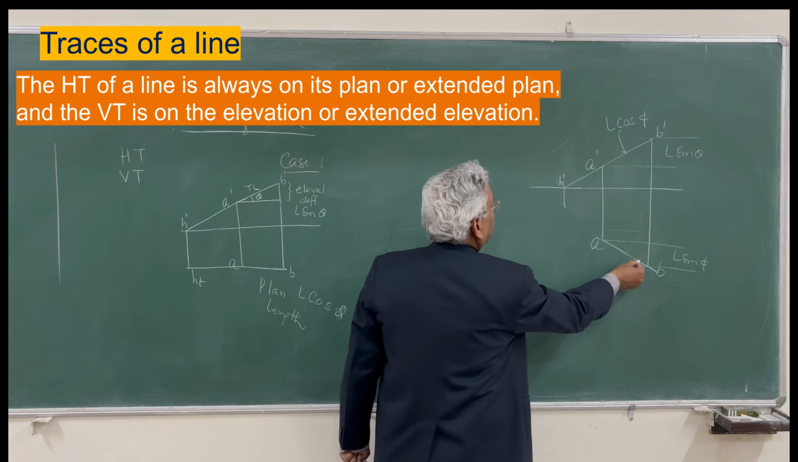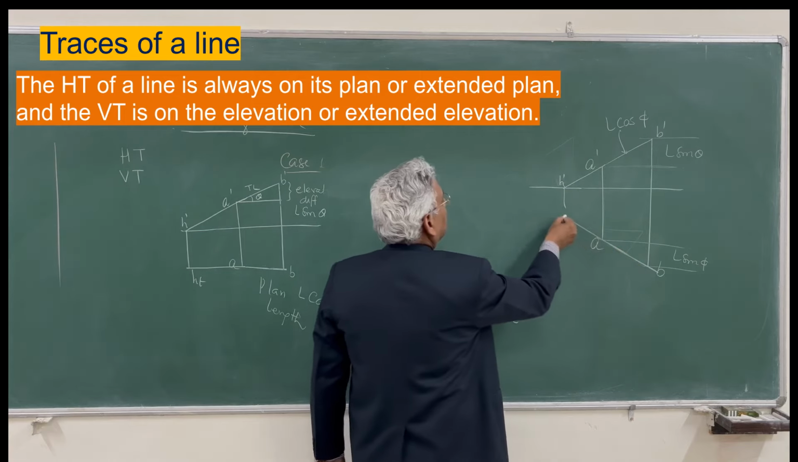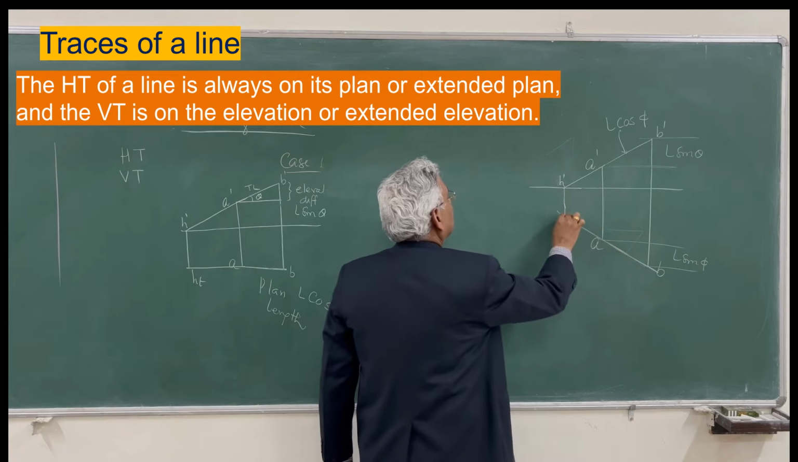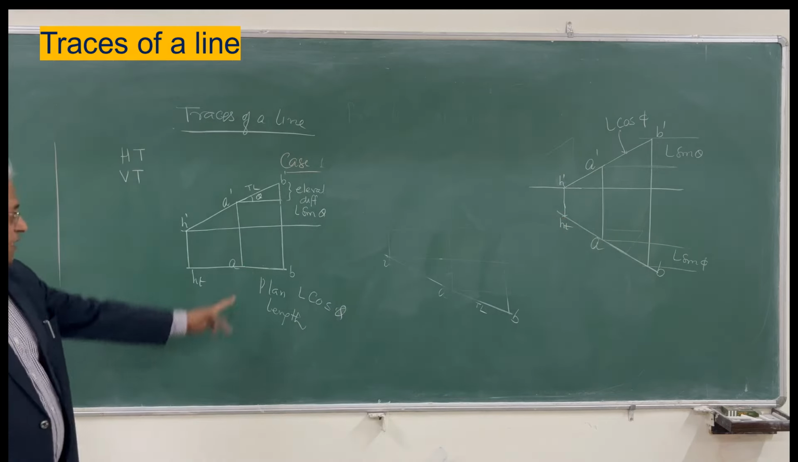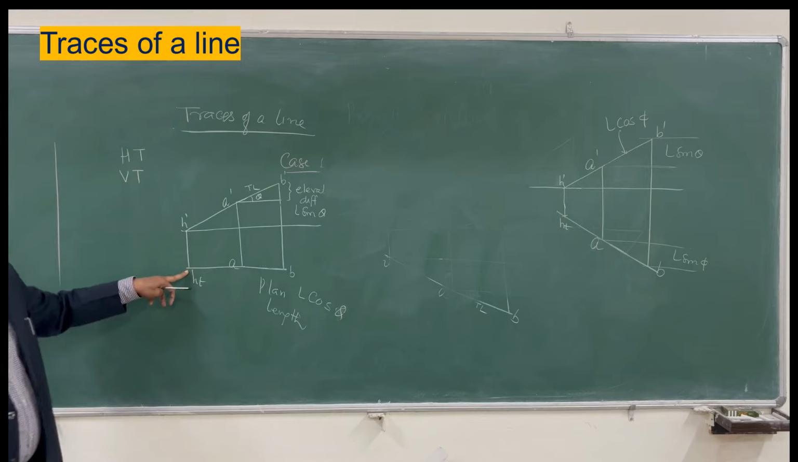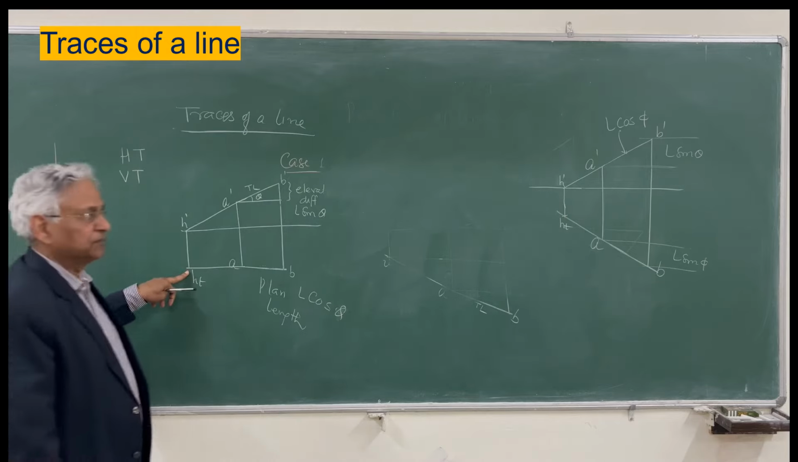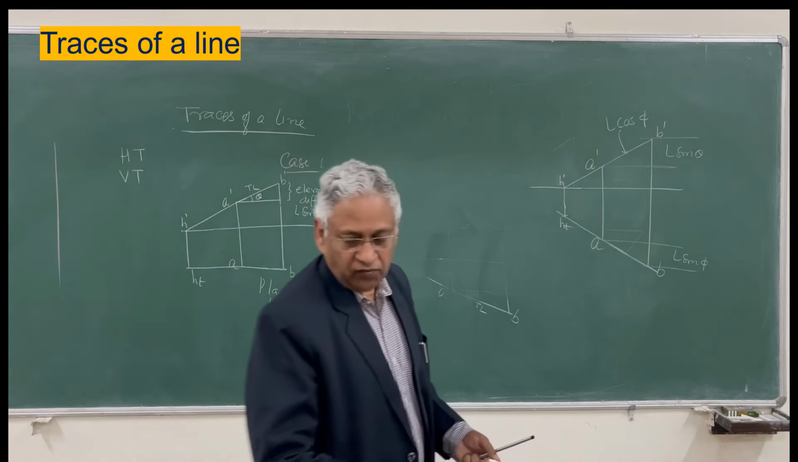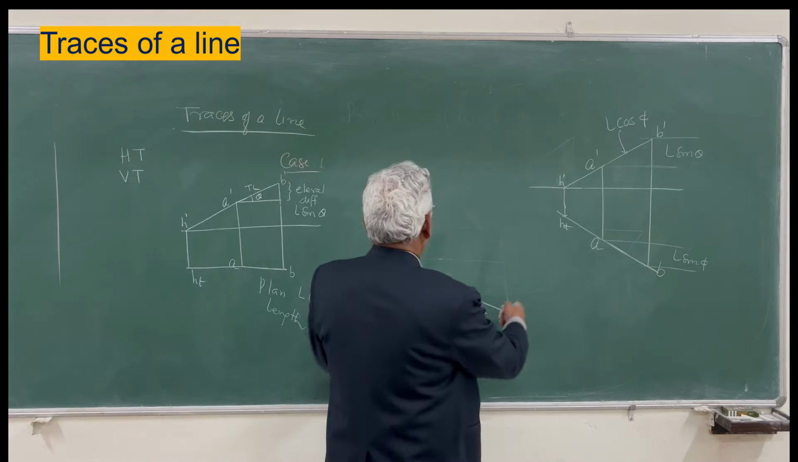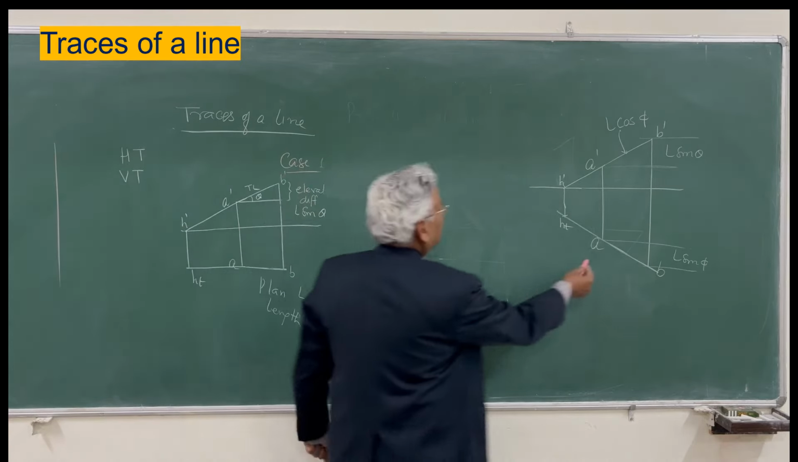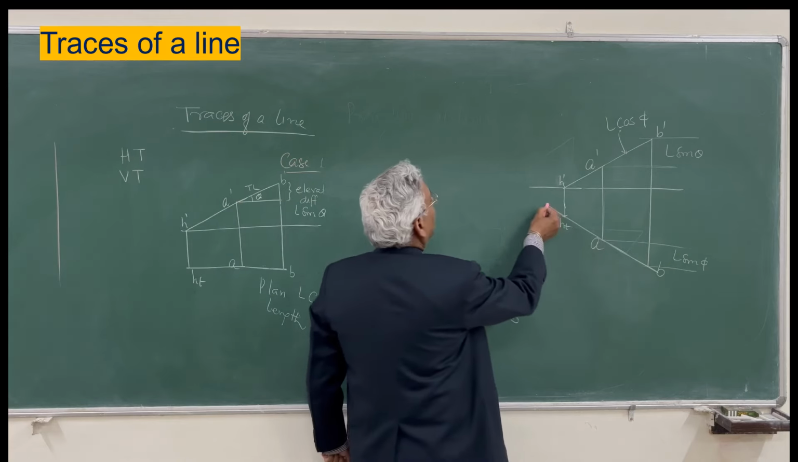Extend the plan. This point is the horizontal trace. Extend the plan, and this intersecting point is the horizontal trace. Similarly, if you want to find out the vertical trace, extend the plan to meet the ground line